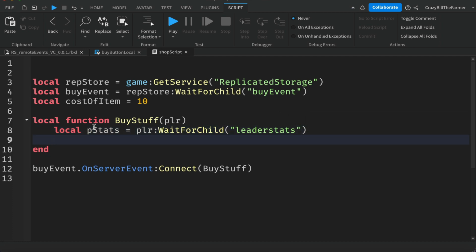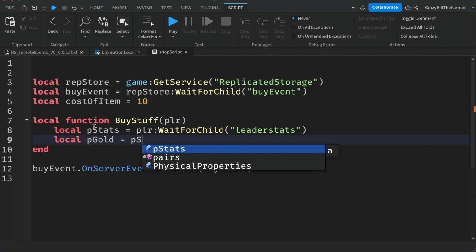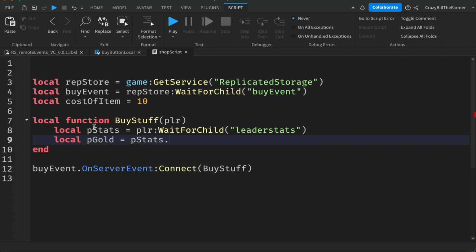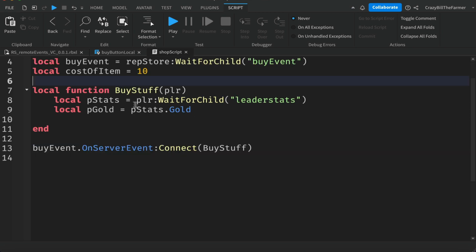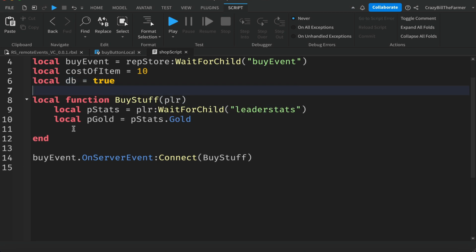And the variable that we want to make use of inside of that will be p gold will equal p stats, and we can simply put a dot and then gold to get access to that variable. Now, to control our script, we'll add a debounce value up the top, so db equals true,